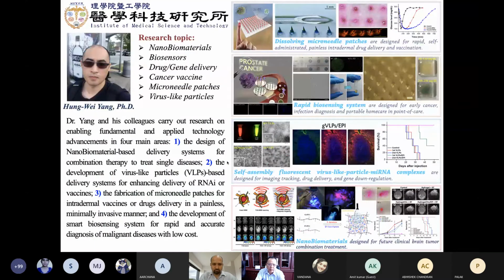And Professor Yang, he is a very excellent scholar. And right now in his lab, he developed some kind of microneedle patch and rapid biosensing. So recently he already developed COVID-19 liquid-based biosensing. And he also got a big budget to start up a new company, okay. And the rest of the team also try to do some cancer detection based on nanomaterials.